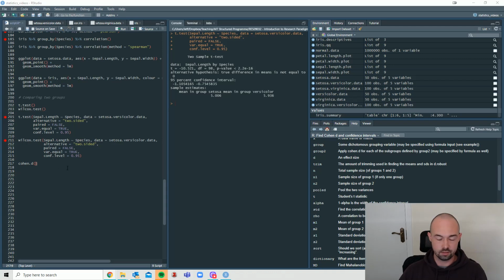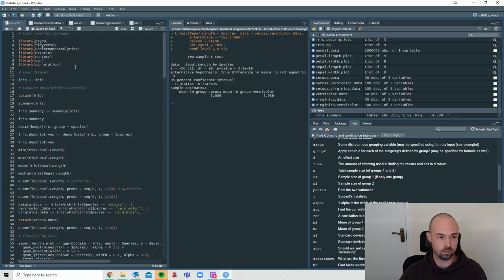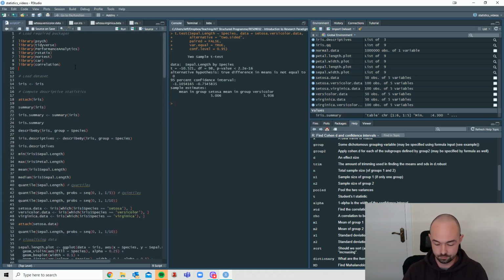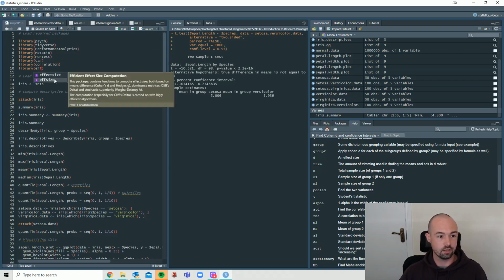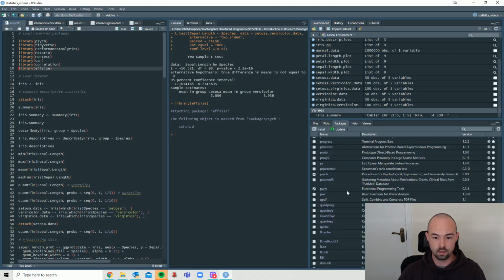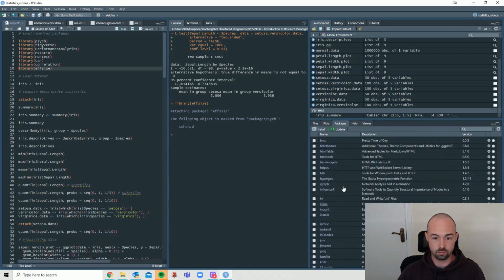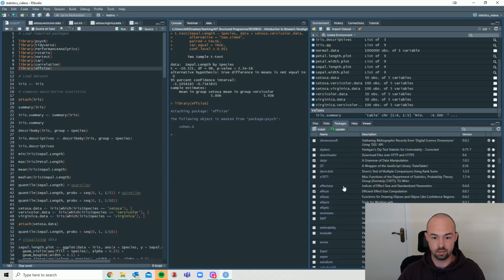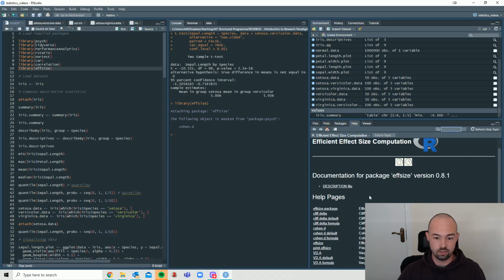Sorry, it's not the psych package. It's Cohen's D, same function, but from the effect size package. So if I go up here and go to library, effectsize, this is where we want to get our Cohen's D function from. You can see it's masked from the psych package. And I'll just go back,